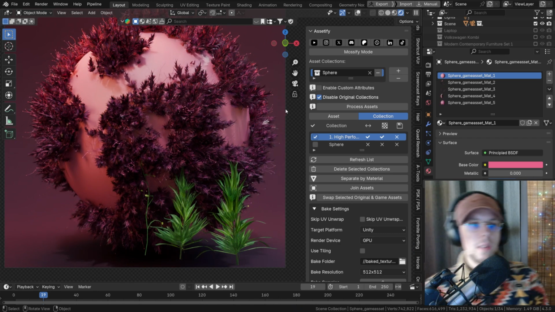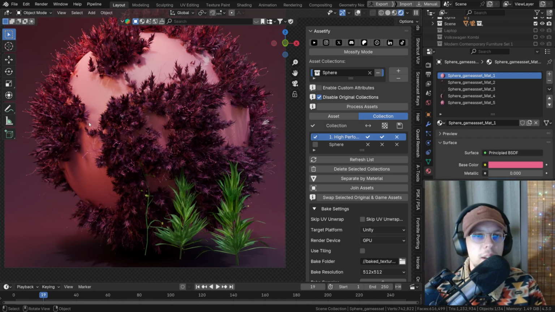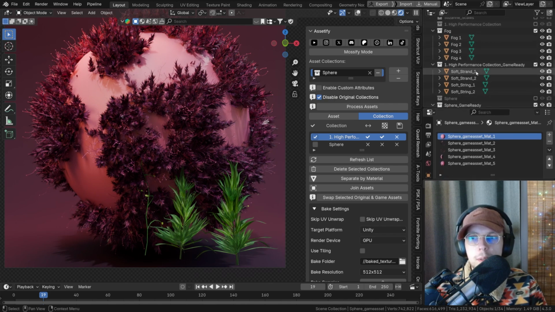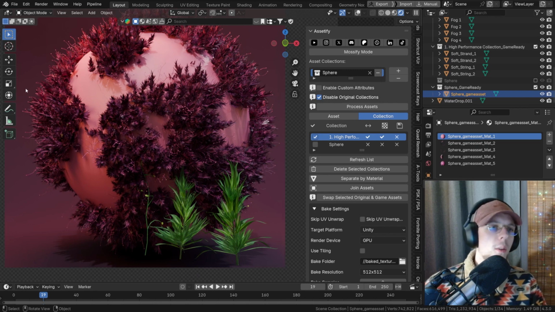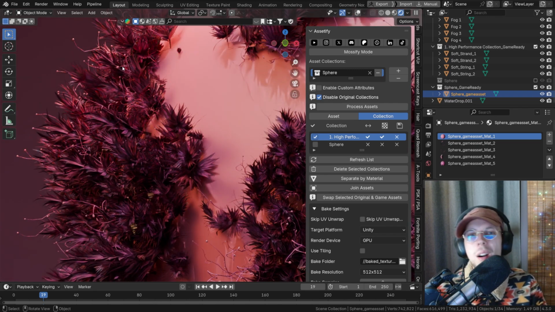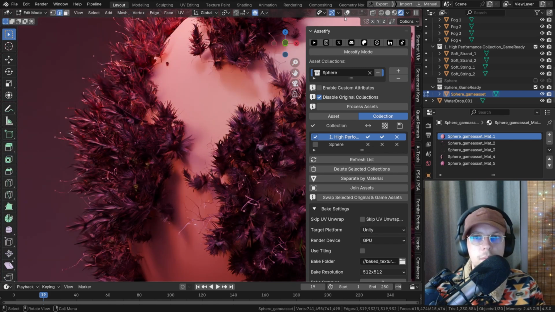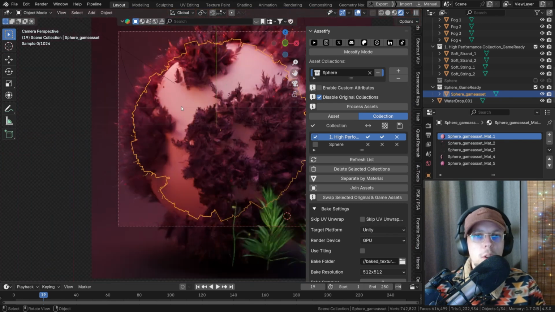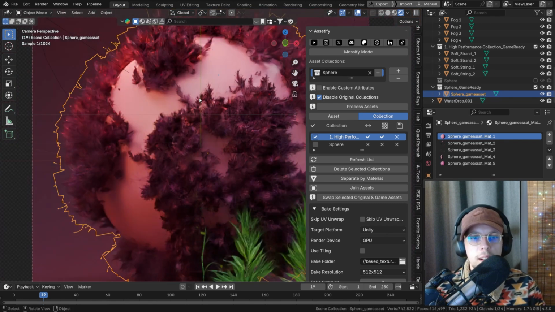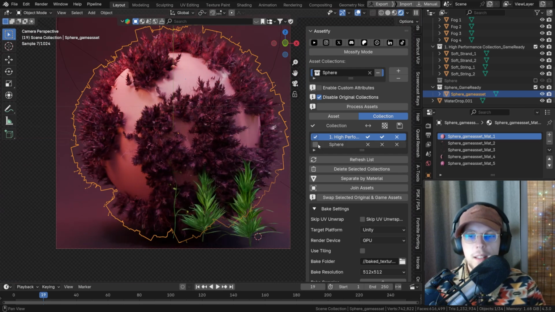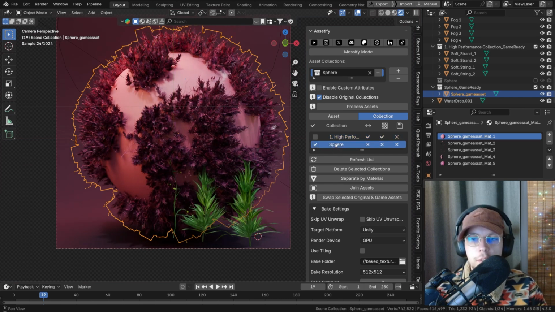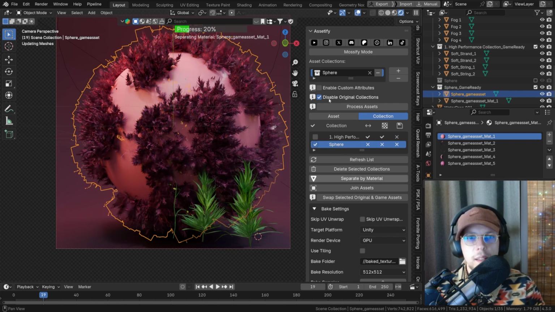Now, the case here is that I don't want to bake our entire object again, right? The reason why is because if we now bake this, it is one object, which means that our detailed UV maps of our particles are going to get lost because it's going to re-UV unwrap everything, which means the entire geometry that we see right here. If you don't want that, you can actually separate. That's where that button comes into play really nicely. We can actually separate our sphere by material, right? Separate by material. And that's going to be separating this